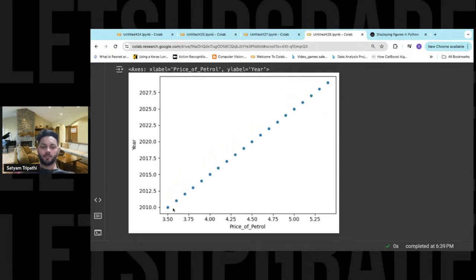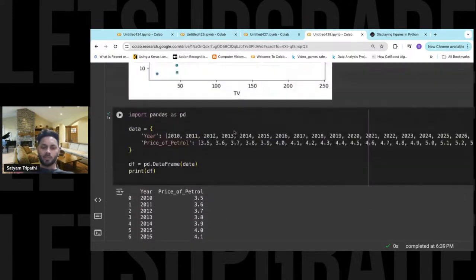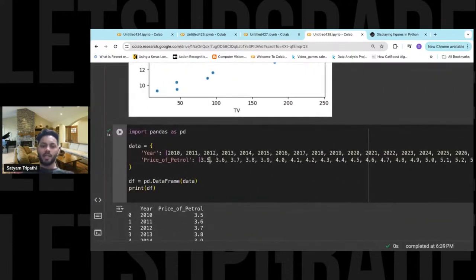Now just see this thing. If you want to add some custom values over here, you can even add, let's say previously it was 45, then 49,